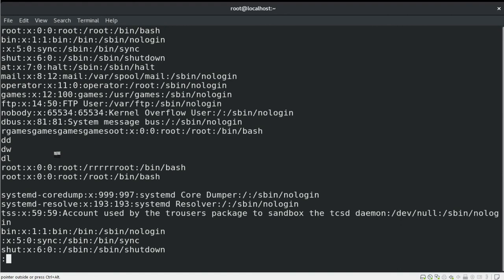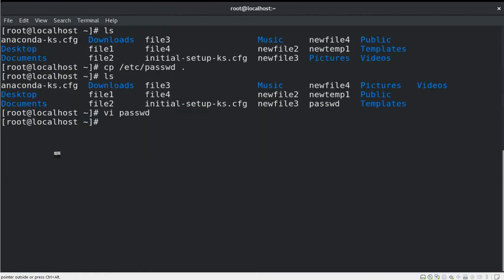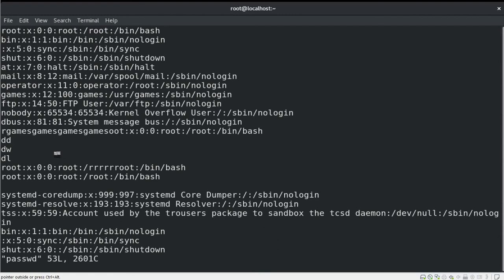Now here you have to use some keywords to save or close the file. For example, if I am working on my file and I just want to save the current changes, you could use the W option. This will basically write the data and save it into the file. If you want to close the file, you could use the Q keyword to close the file. Make sure whenever you use Q, it will only close the file if you don't have any changes to save.